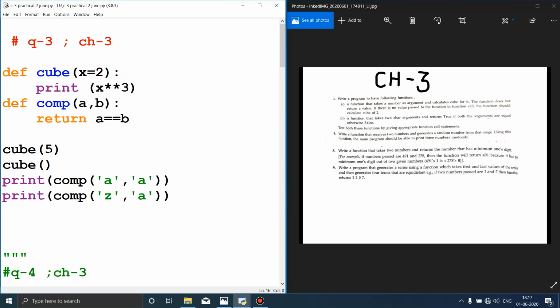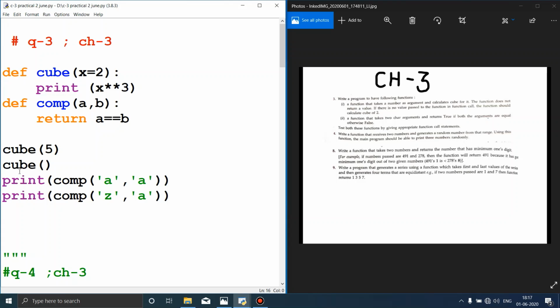You have passed 5, so this is the function call, and it will go to the function definition. x will be overwritten now with 5, and the cube of 5 will be calculated. This is an exponential operator that helps you calculate the cube of the given number. x is the given number, 5 raised to power 3 will be 125. So this value will be returned here.